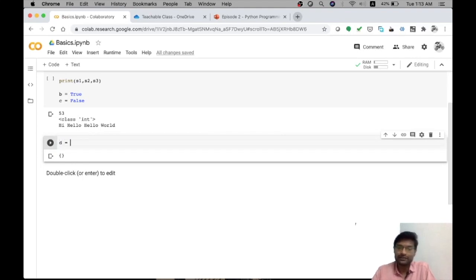Let me recreate the dictionary again, because to see our further commands we need some dictionary values. So I will add these values now. I am adding the same set of values as well.